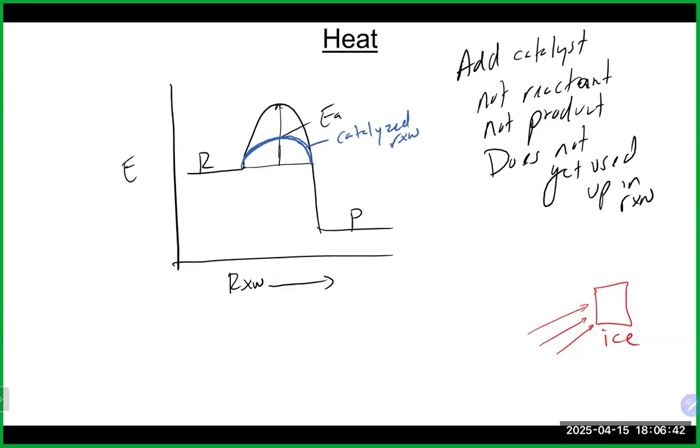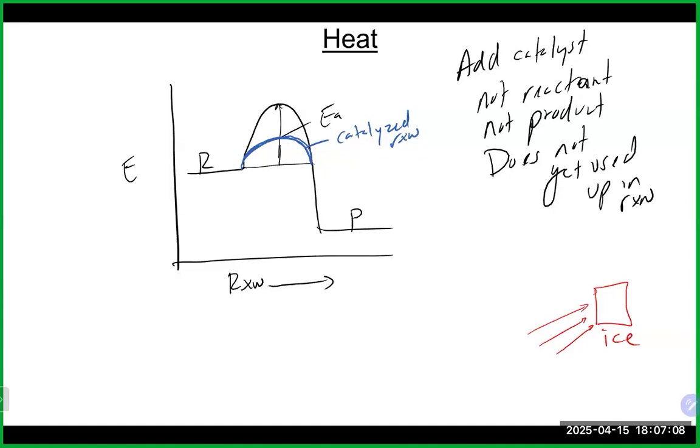What that essentially does is, the idea here of the activation energy is it's the energy barrier to allow a reaction to take place. And there's only a certain amount of reactants that have sufficient energy to get up and over the hill to the other side. So when you add a catalyst, what you're doing is lowering the hill. That's going to allow a greater proportion of reactants to get to the other side, and thus